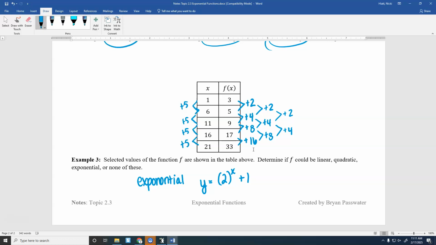I'm giving this one to you to show you that sometimes you need to look at those differences. While it doesn't look like there's a fraction there, because this is not going up by 1, it's not exactly that. Let's just say it's shifted up 1. It would be 2 to the x plus 1 if the x's were going up by 1, but they're not. So it's just been shifted up by 1, but it's still exponential. If you look at your differences and you're seeing this happen, it's still exponential even if it's been shifted. All right, so